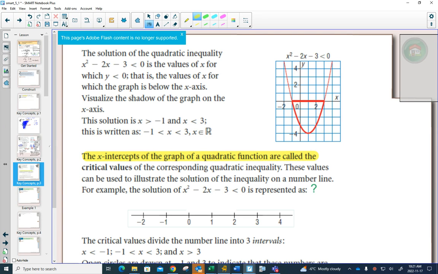Okay, we call the x-intercepts of a graph the critical values of a quadratic function. What we do is we draw a number line, and then on the number line represent the critical values either with open circles like we did here, or closed circles. And if you want to put a little note, anytime you have greater than or less than,